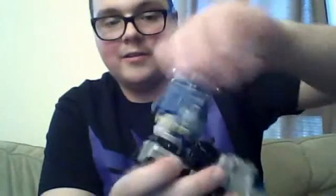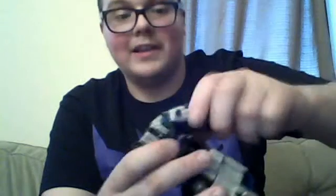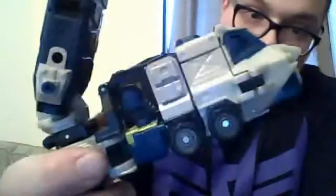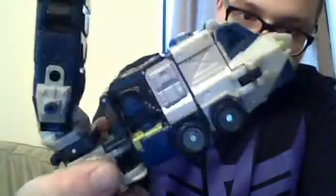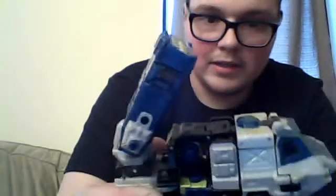Rotating turret though. Can I click it? I mean, that makes up for anything. Detail wise, he's got some pretty nice detail. With that random X on there and the things that are totally not arms behind them. 8 wheels, all roll. Now,